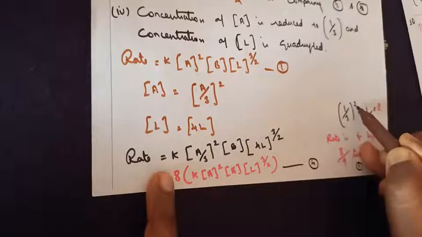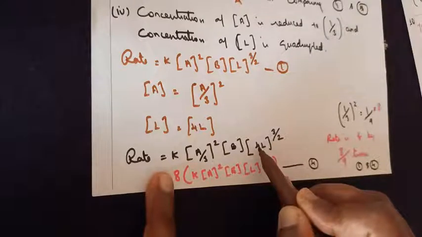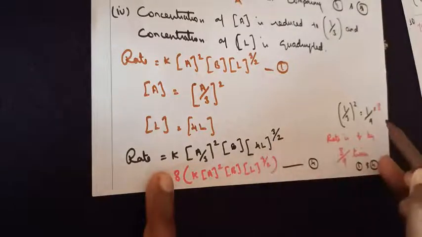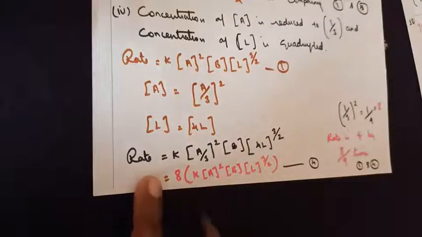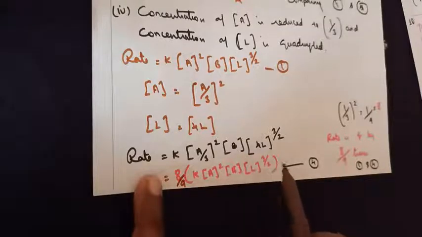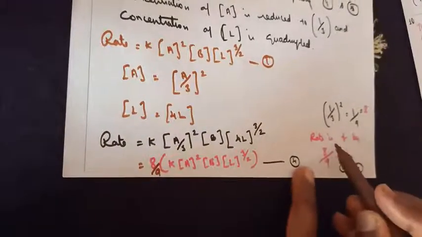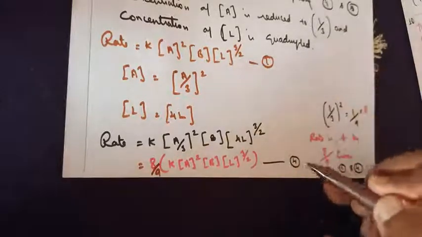Now as we learnt in the first condition, you consider only the numerical before the variable to be there. So 1 by 3 to the power 2 gives you 1 by 9 as the answer. In this case, multiply with the denominator alone. So 2 into 4 gives you 8 as the answer. So when you multiply it with the 1, 8 ones are 8 by 9. So hence, we write 8 by 9 into rate constant into, because the numericals are coming out, we are left only with the variable: concentration of the reactant A to the power 2, B and L to the power 3 by 2. Remember, this 4 is already being multiplied. So here also we can say rate is increased by 8 by 9 times comparing 1 and 4.